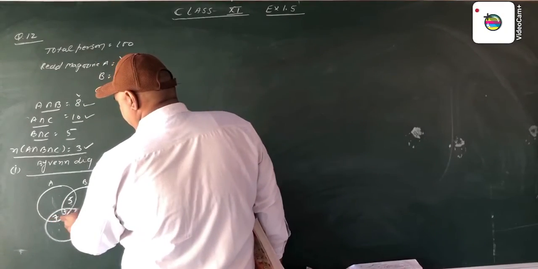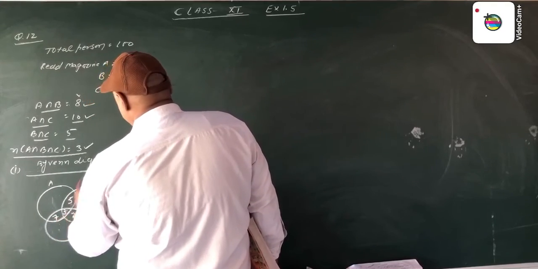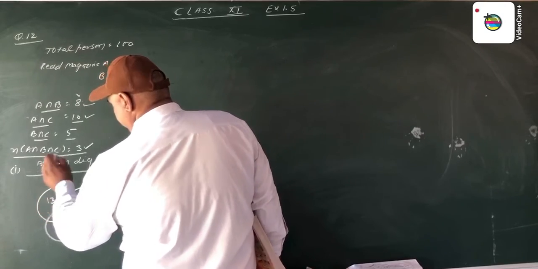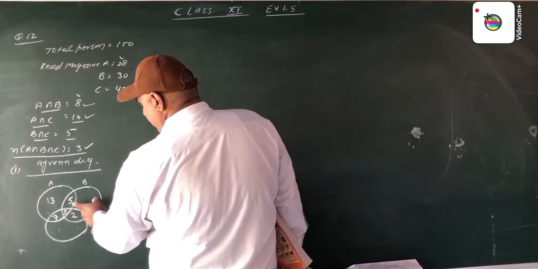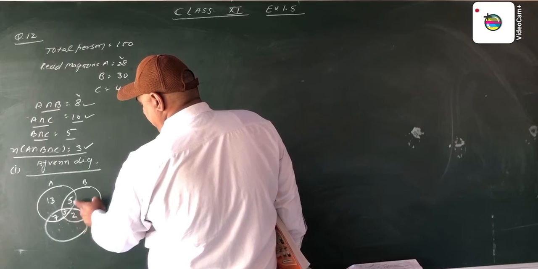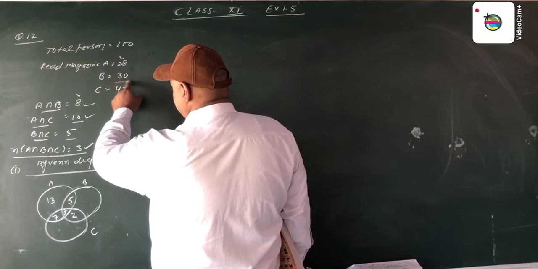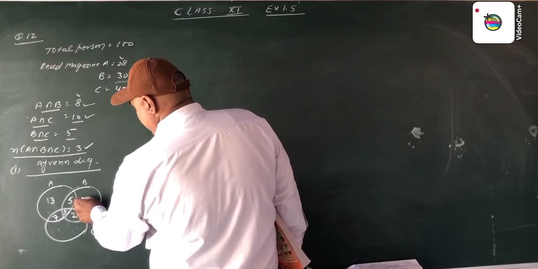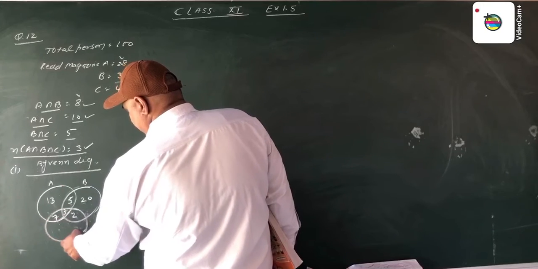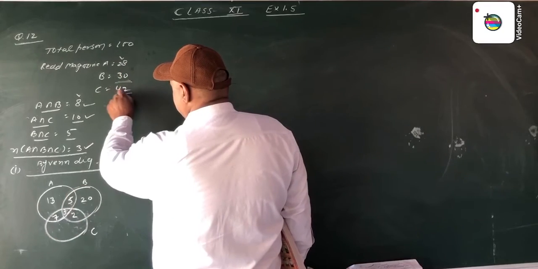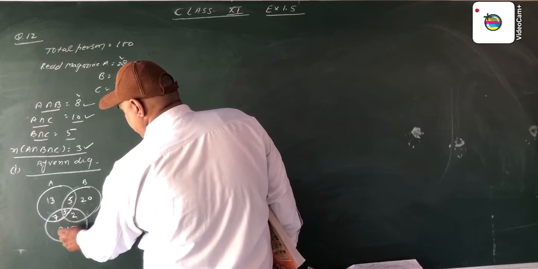Now 15 already occurs in the circle, and the total number is 28, so 28 minus 15 we get 13. Now this is the persons of B only. This is 13. 5, 3, 8, and 2, 10. This is 10 in B. And now the total is 30. We subtract this, we get 20. 7, 3, 10, and 2, 12. This is the total area of section C. It means the total is 42. Already 12 has occurred. So what is left is 30.